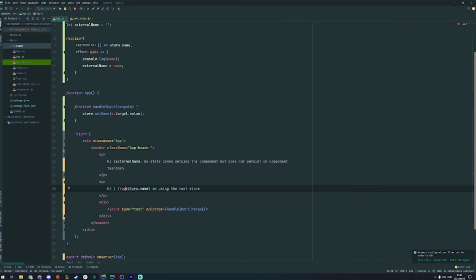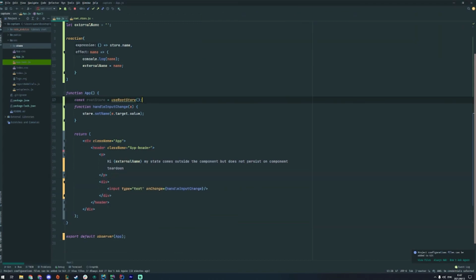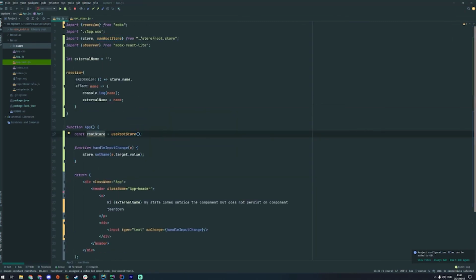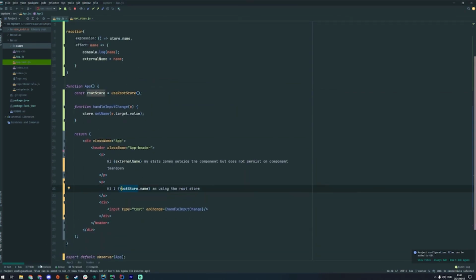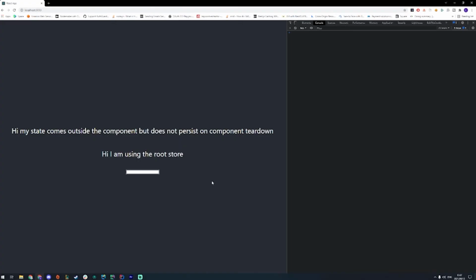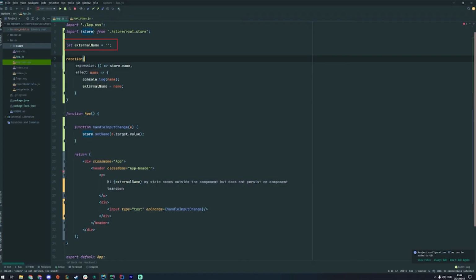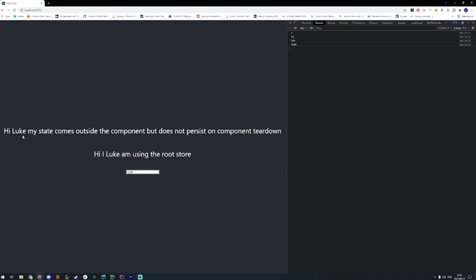With that, we are then able to make use of our root store in our application now. So I'm going to import our use root store and then access our name property on our root store. So now when you enter your name, you should see it update. But you'll notice on the first line that our name is starting to appear there as well, where it previously didn't. And the reason for this is because our external name variable is, even though it's changing under the hood, our app component previously did not re-render. Now that it does, it will then start to show its actual state